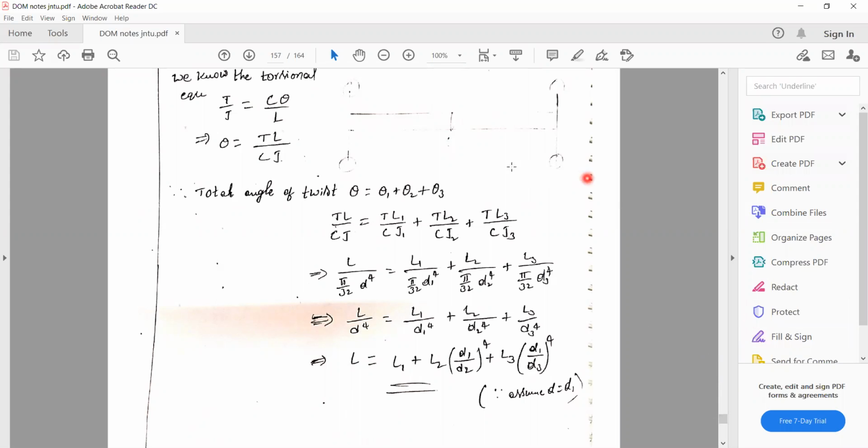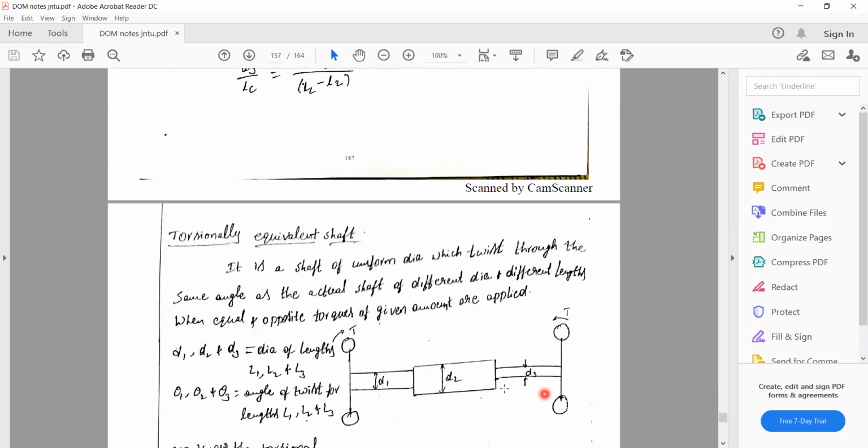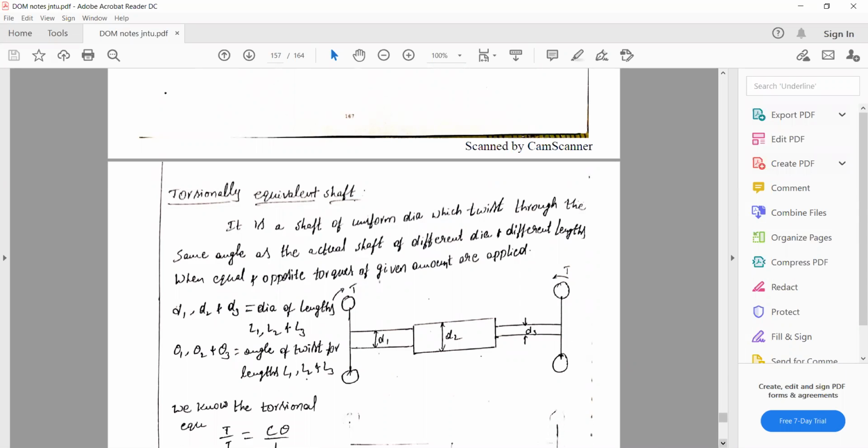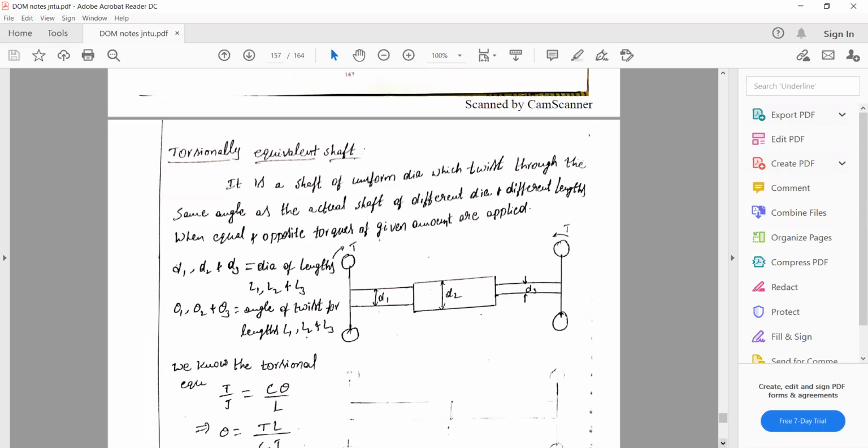So earlier we took the varying diameter of the shaft here. For example, there is a 6 meter length of shaft. The 6 meter length of the shaft has produced some frequency. But similarly, to produce that much frequency for a uniform diameter shaft, the length required is higher, very much higher.